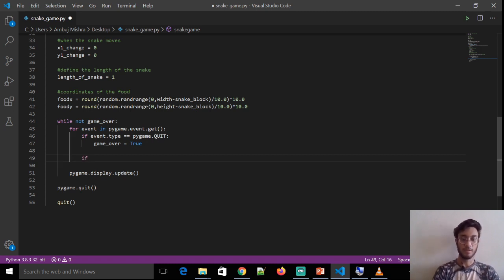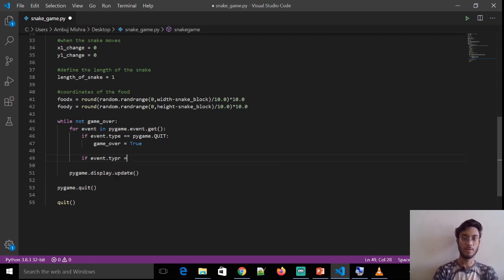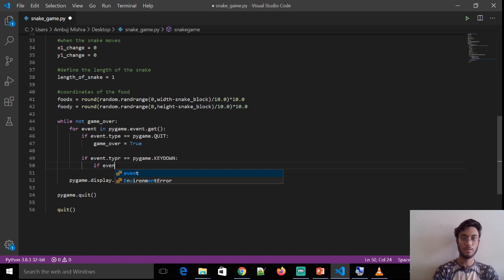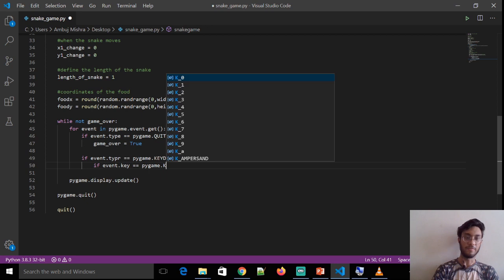Now if event type equals pygame.KEYDOWN, then in that case, if event.key equals pygame.K_LEFT